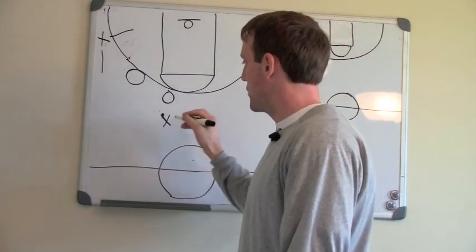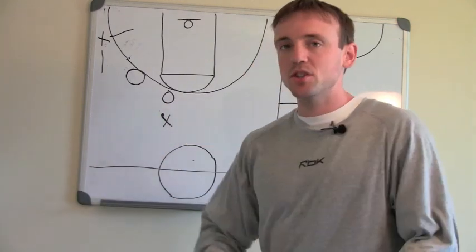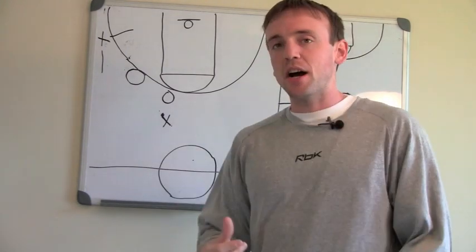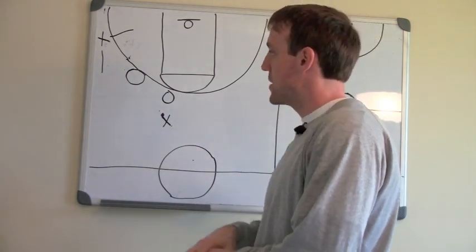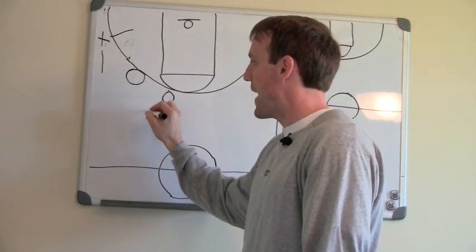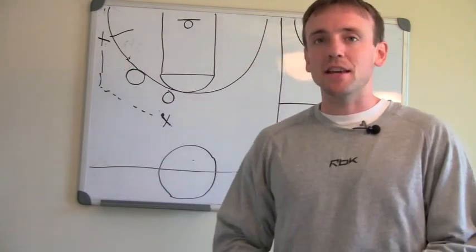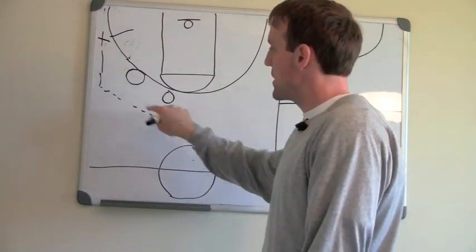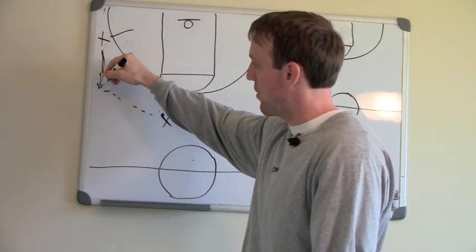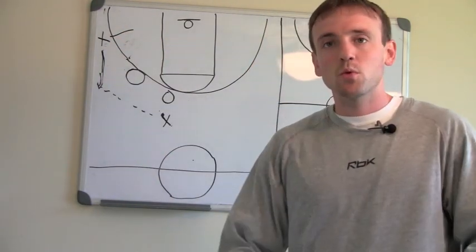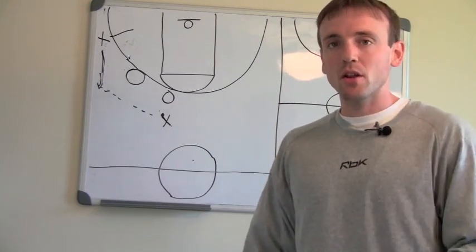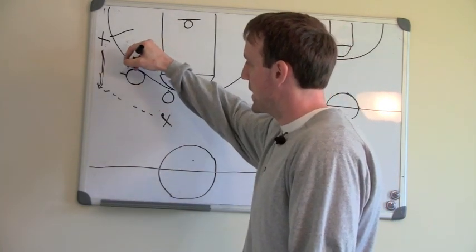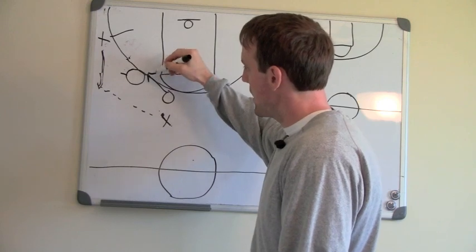So what I like to tell people to do, in particular if you're a point guard trying to initiate the offense, or you're a wing player trying to get the offense going, when you make your first cut and you are looking to shift that defender or that defense, you actually want to make this initial pass to get the offense going something easy, even if that means pulling you out of scoring range. Why? As soon as that first pass is made, let's say this wing has to cut all the way up, maybe it puts them 25, 26 feet away from the basket, not a lot of place that people are going to score from. As soon as that pass is made, instantly everybody else has to shift,